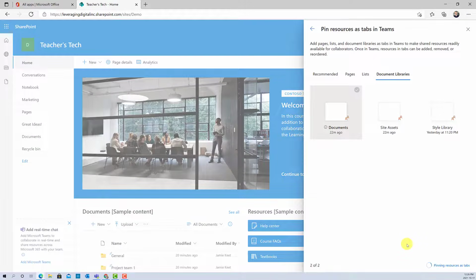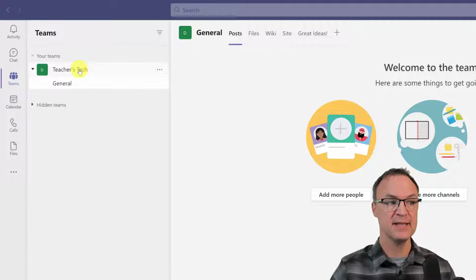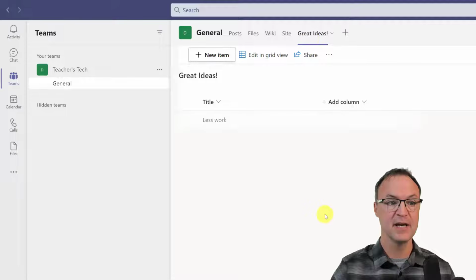So I've opened up my Microsoft Teams here, and you can see there's a Teachers Tech team. This was the one that was created through that SharePoint site. And if I look across at the tabs under General, you can see I have great ideas. That's the list that I created. So if I click on great ideas, you're going to see the team can actually add these ideas to here just like they were in SharePoint. If I go to my files,